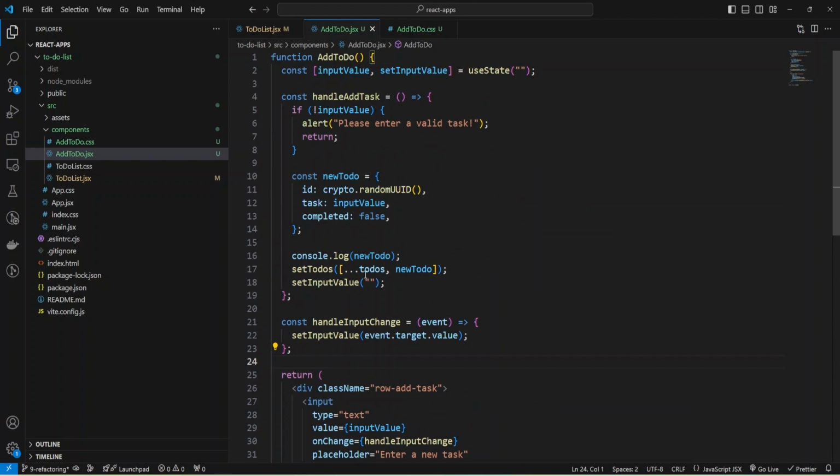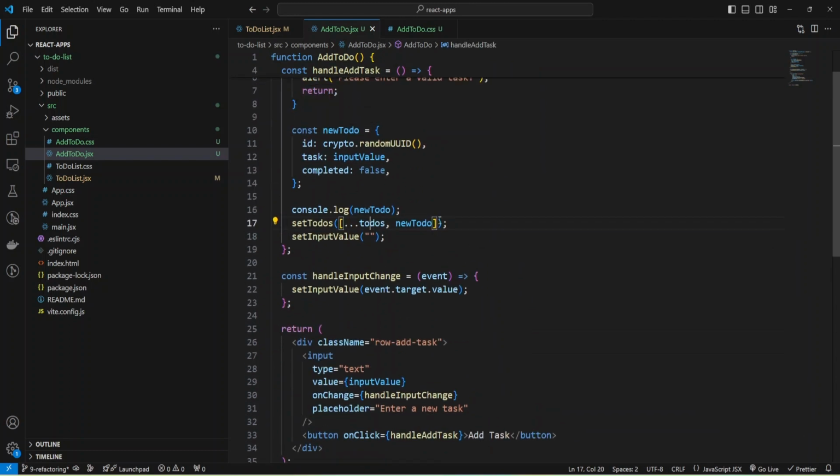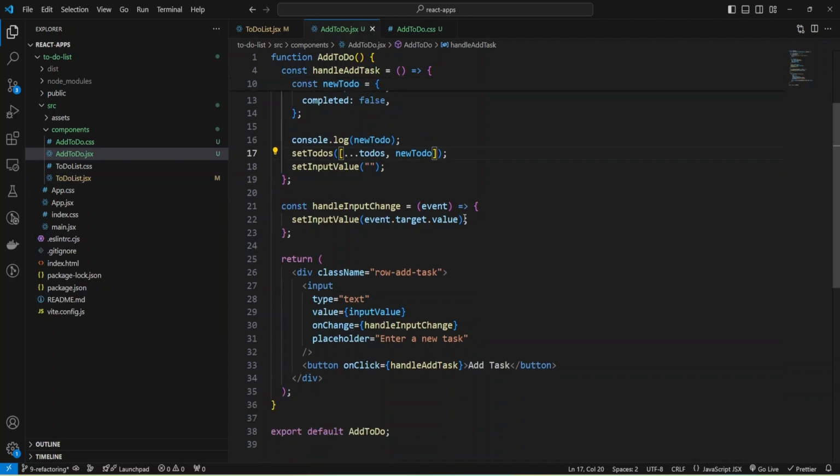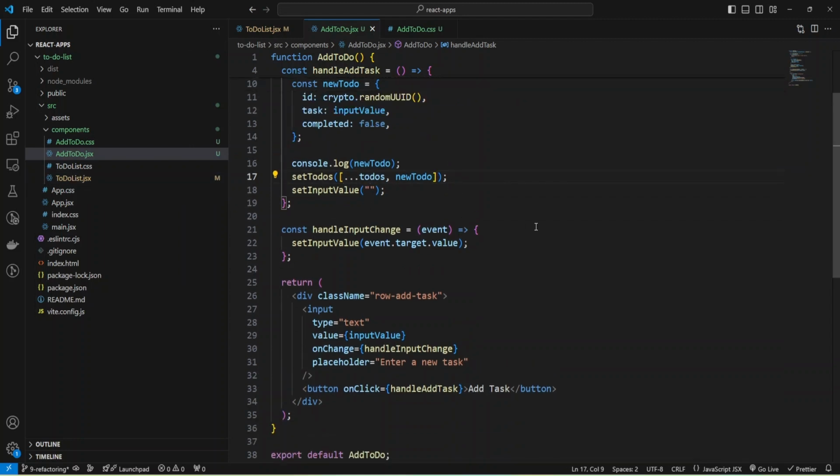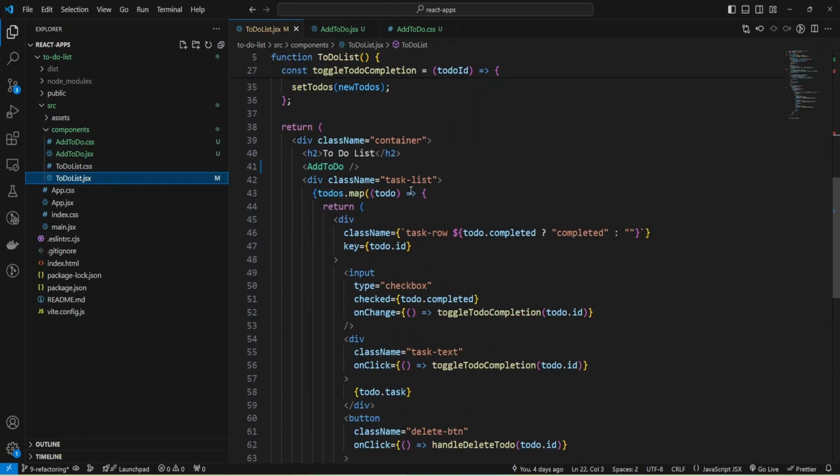Okay, and as you can see, we need to-dos. It was in the state in our to-do list component, and also we need set to-dos, and we'll provide this state inside our props.